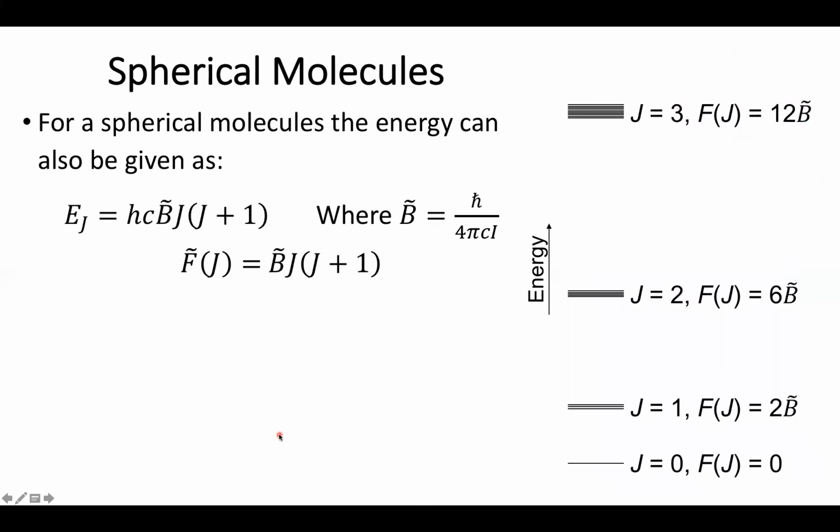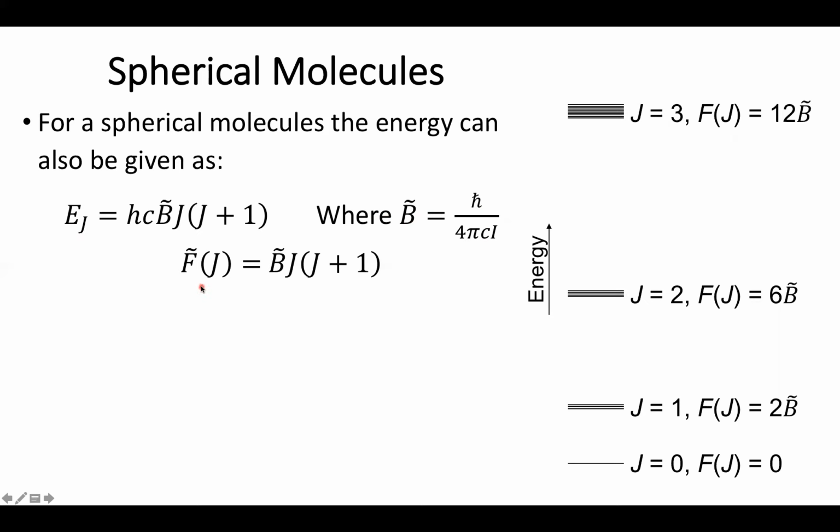However, we can extend this idea to spherical molecules. Classic examples of this include things like methane or octahedral molecules such as hexafluorosulfate, so SF6. As these molecules' moments of inertia are all equal, we still have only one moment of inertia, which means only one rotational constant. And again, as a consequence, the rotational constant does not change, neither do the energy levels in joules or